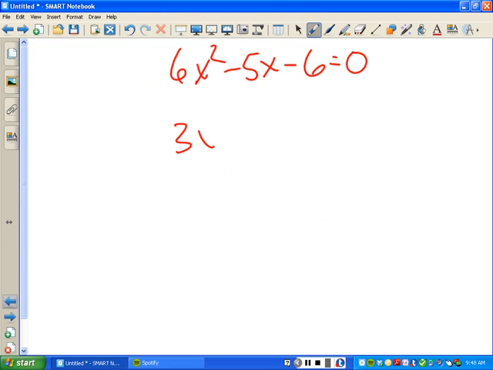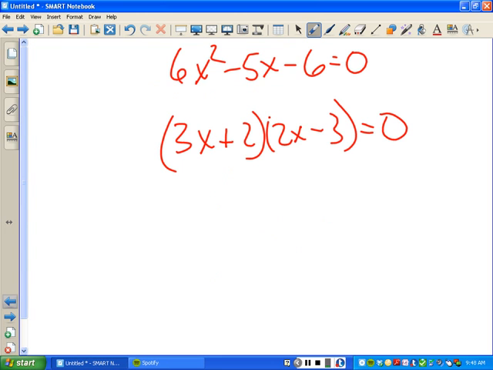3x plus 2, 2x minus 3. Let's see if that will get us where we need to be. 4x, negative 9x. Oh my gosh. The stars have aligned for us again. It factors. Once it factors, you got to be pretty happy. I mean, as happy as you can ever get about math problems. I know for some of you that's not very happy, but you got to be pretty happy because then you